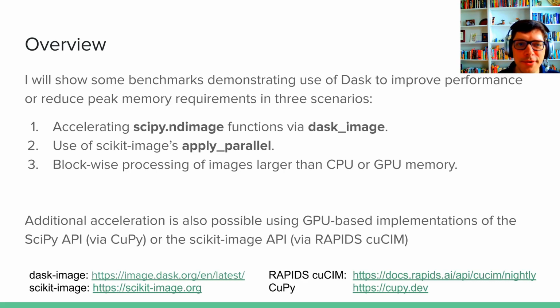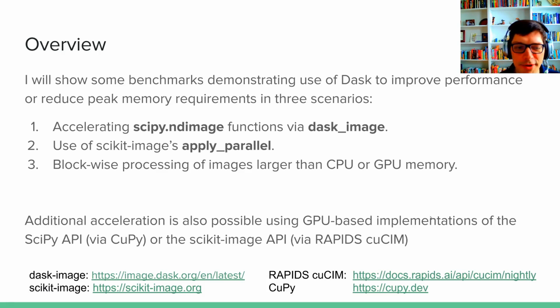As a quick overview, I'm going to be covering how we can accelerate scipy.ndimage functions via Dask-image, use of scikit-image's apply_parallel, and blockwise processing of images larger than the CPU or GPU memory. And I'll additionally be mentioning a couple of GPU-based libraries, CuPy and RAPIDS cuCIM, that can also help accelerate